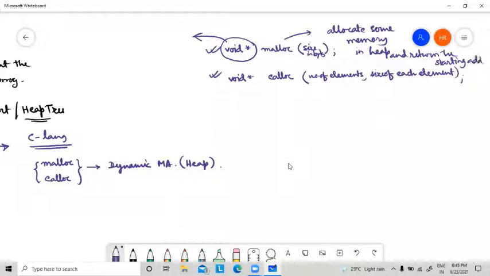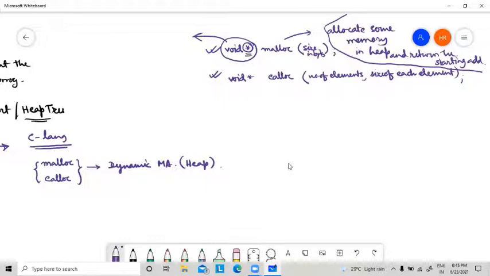Logic clear? This is the task of a malloc or calloc function, for any dynamic memory allocation function: allocate some memory and return the starting address. Since it is returning a starting address, it will be stored in a pointer variable. That's why it is returning star.